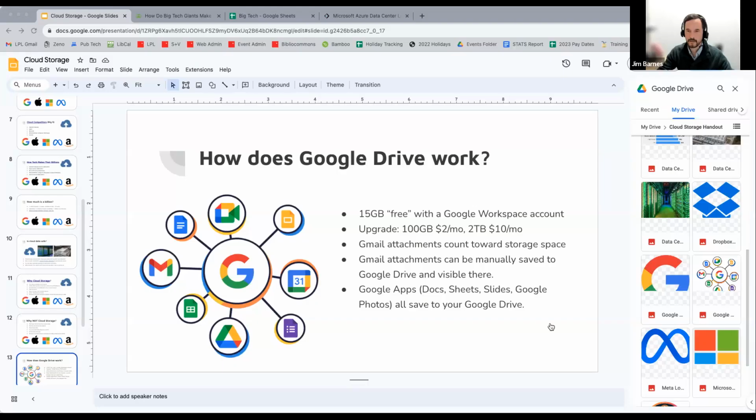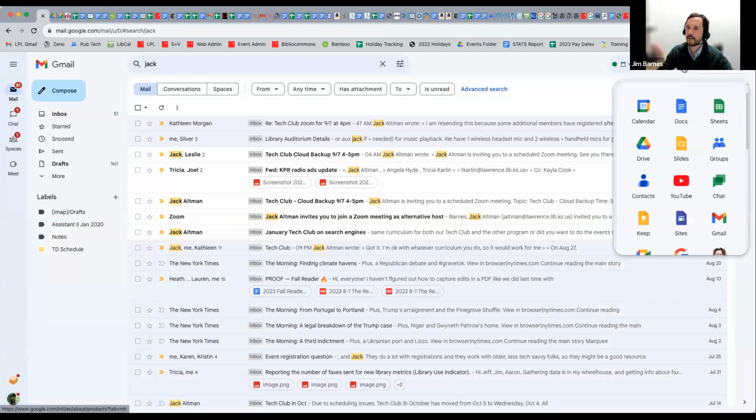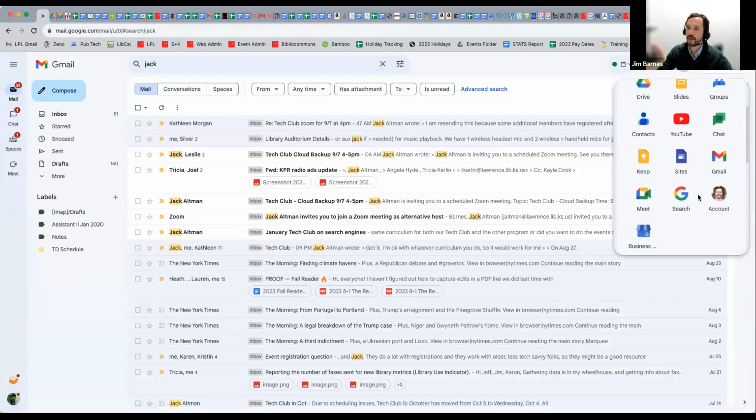So this is email here. And when we're in Gmail, this is probably familiar to anyone who has Google. This is Gmail. And when I go up to the top right-hand corner, can you see my mouse there? It's not very obvious. It's called the Google Apps icon. Some people call it the waffle. Some people call it Rubik's Cube. But you click on that, and then that shows you all of your Google apps.